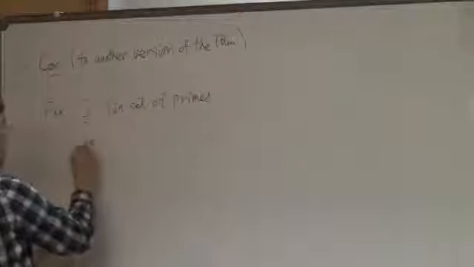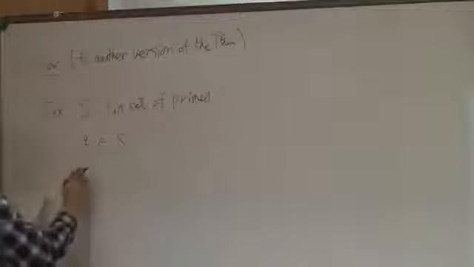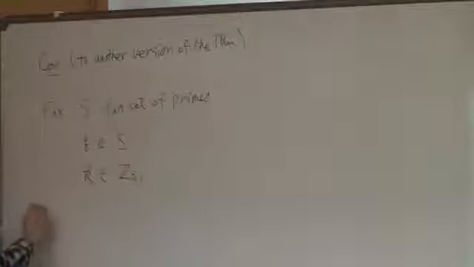Fix a finite set S of primes, fix a prime q in S, and fix an integer k. Then there exists a constant C such that